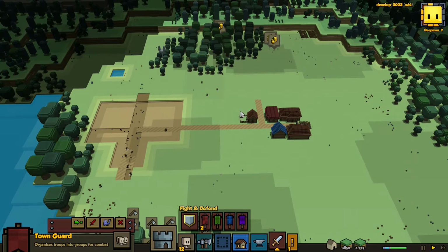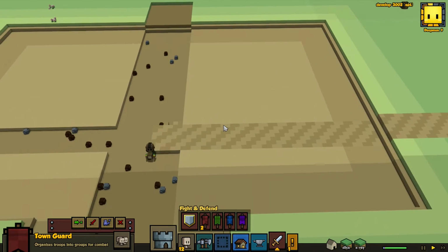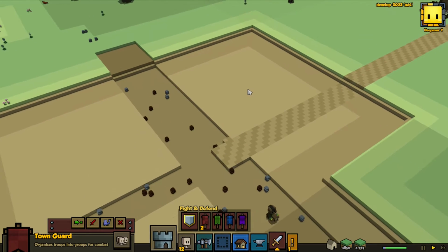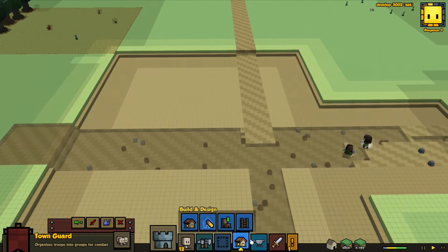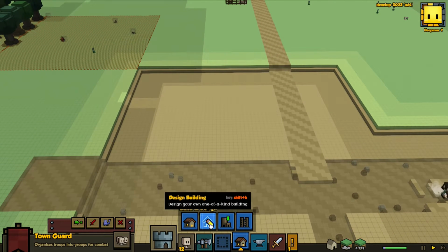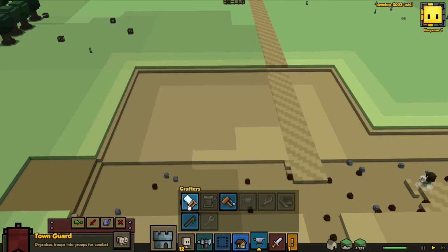You know, we'll definitely need some more houses and stuff like that. I think now that we're starting to build the road, I can work on designing a building. So we'll go ahead and check that out. Actually, I think what I want to do,